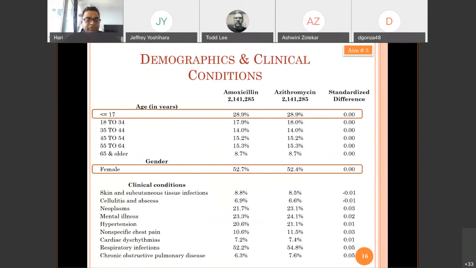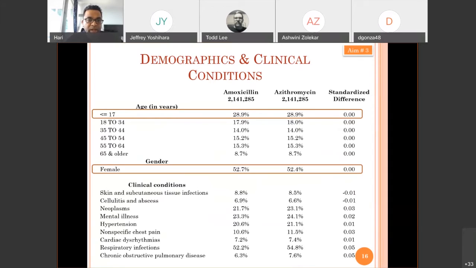So I have a bunch of variables that I measured in this study. Like I said, there are quite a few conditions, but what I'm going to focus on in the next set of slides is the overall results and overall findings. What I'm presenting here is just baseline characteristics and clinical conditions between amoxicillin and azithromycin users. These are propensity score matched episodes that we're including here. And instead of including p-values, which probably would be significant given the large number of patients here, what we relied on was a standardized difference. Like I said, anything greater than 10% in these characteristics would be considered not balanced.